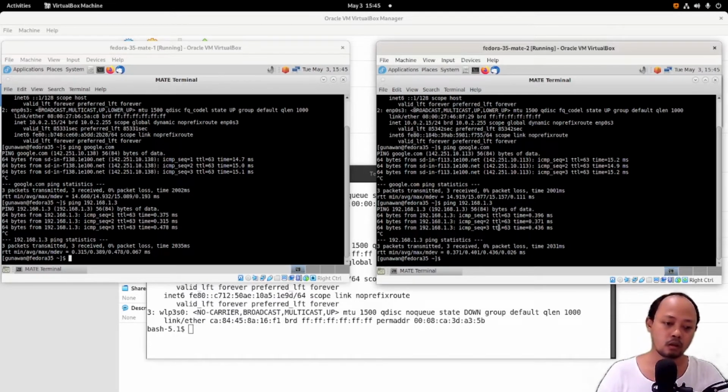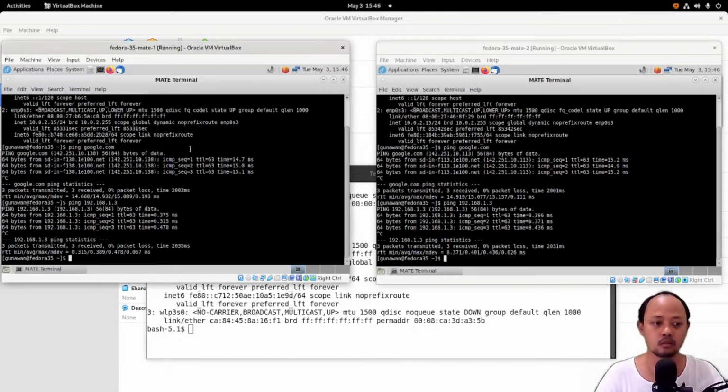Why don't I try to ping from one VM to another VM? Because they have the same IP address. If I ping the VM's IP from another VM, it will ping itself.